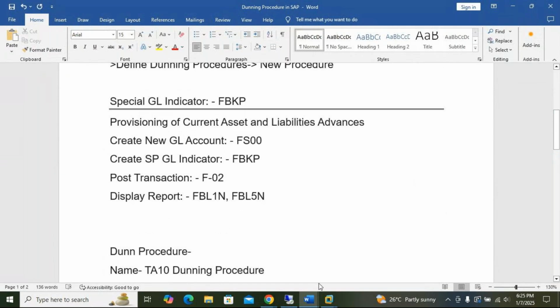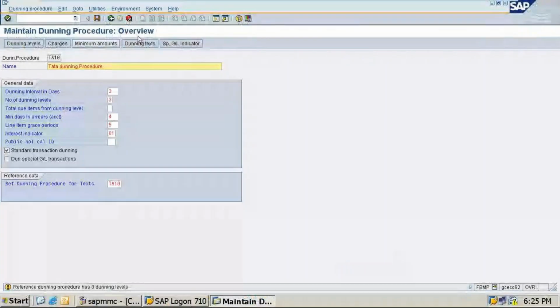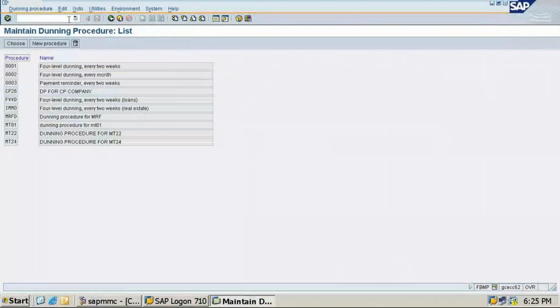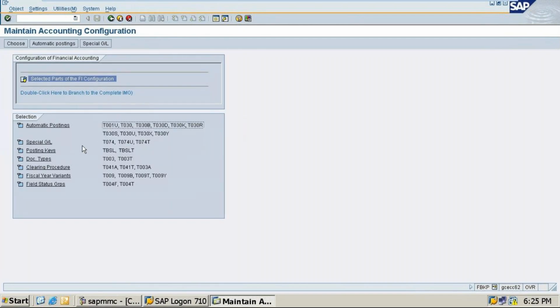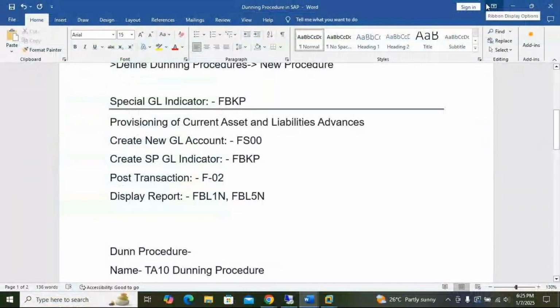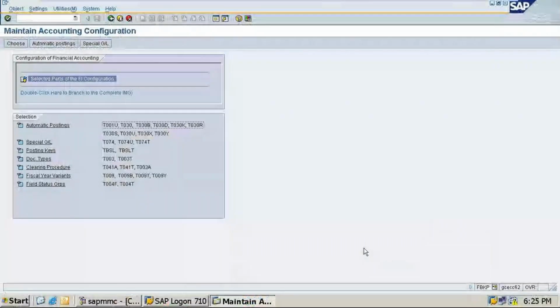So FBKP, let's try with that. /n FBKP. Okay, here special GL indicator is there, and provision current assets liabilities. Special GL, click on this.